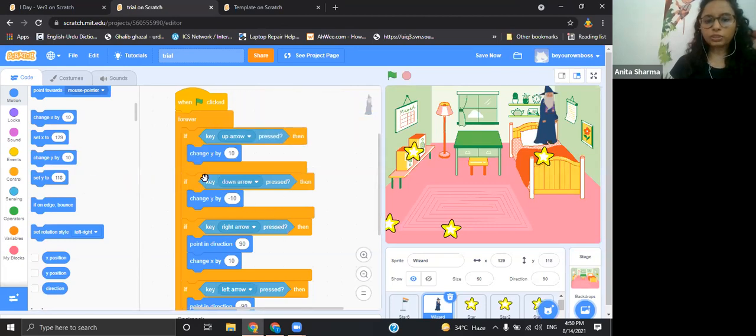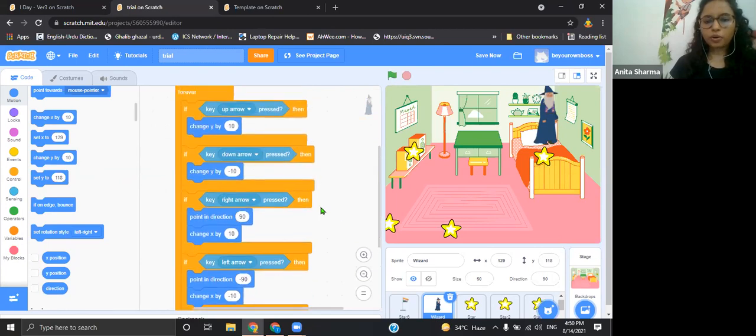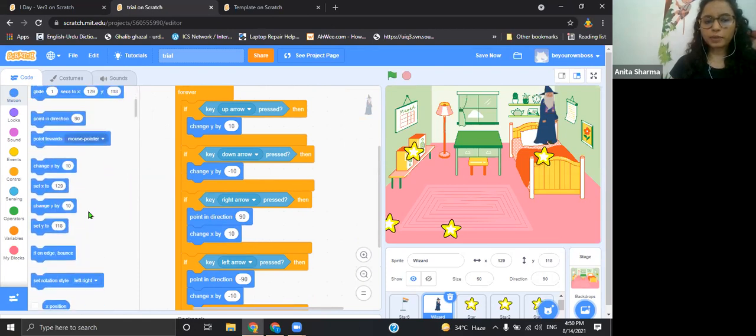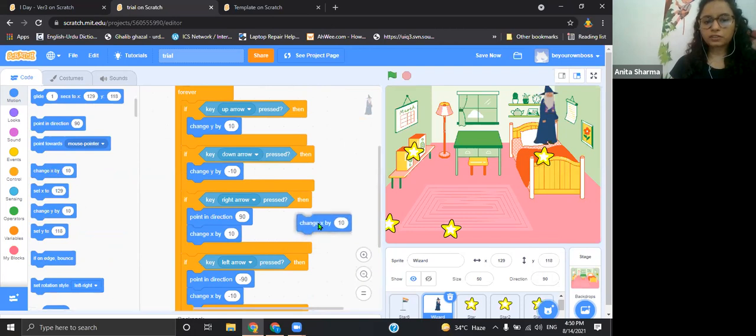One below the other, you put this conditional block for all the 4 arrow keys. For right arrow, change X by a positive value, which takes it to the right side, and for left arrow, it will be negative 10.